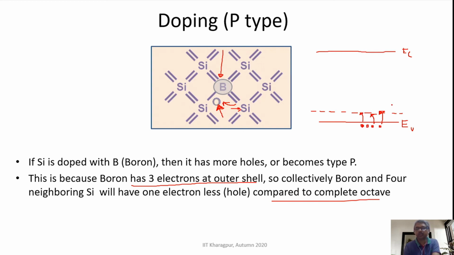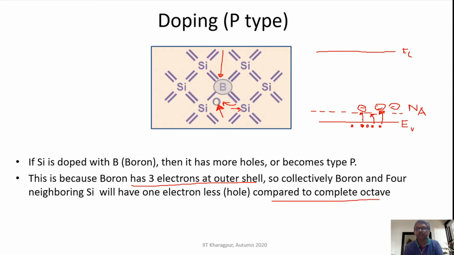So you will end up with negative immobile ions, contrary to phosphorus, which will form positive immobile ions, because phosphorus will donate electrons. Here the borons will basically accept electrons from the valence band, and they are known as acceptors. We usually represent boron concentration as Na, and we assume that with minimum of energy, most of the boron will be ionized to negative immobile ions,